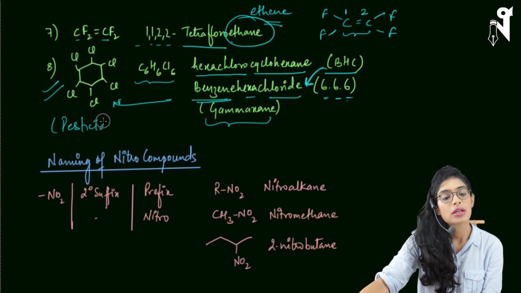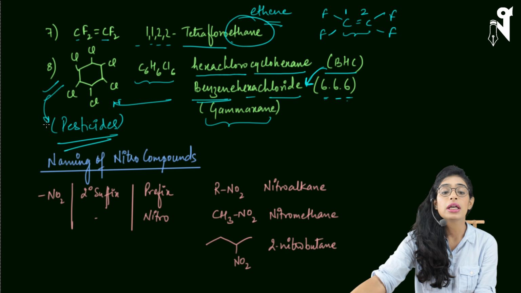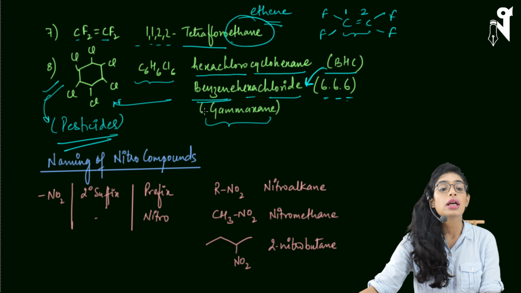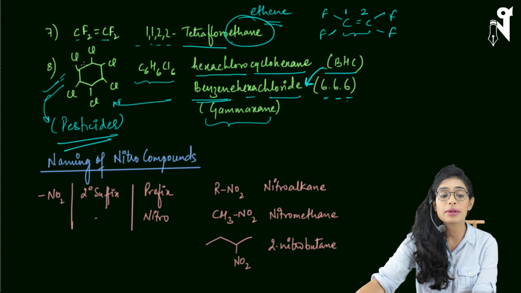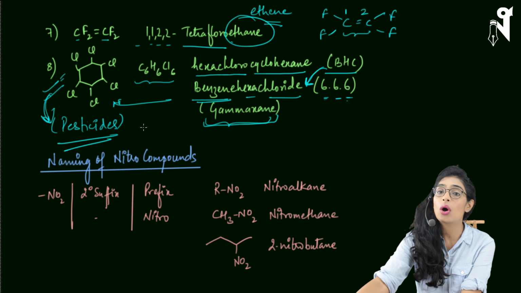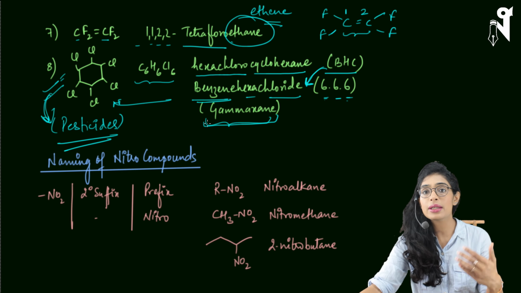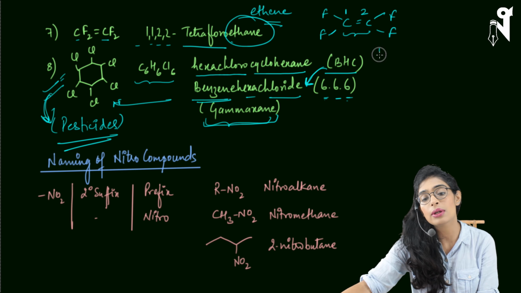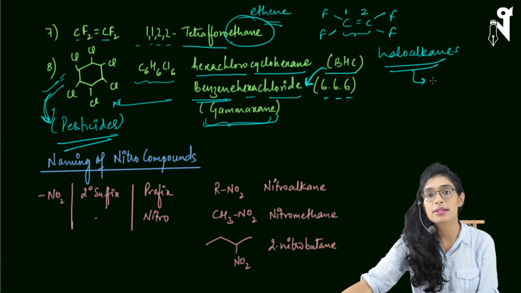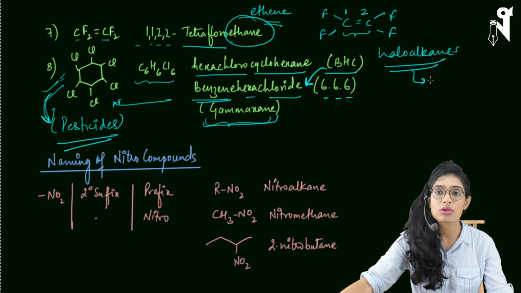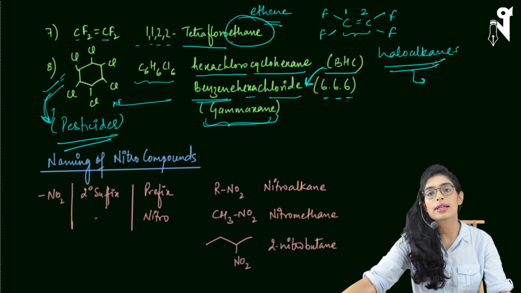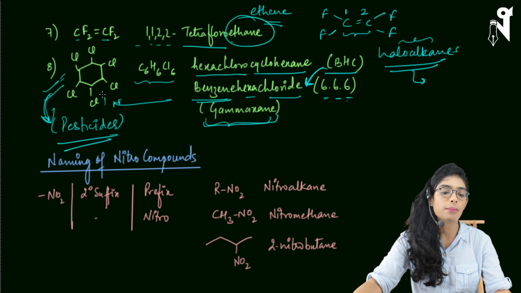So this is a kind of a pesticide, especially there are isomers. You must have learned in grade 10 that compounds have different isomers. So the gamma isomer of this compound is a pesticide, and that's why the name is gamma-hexane. And by the way, all the pesticides you see in the market are nothing else but haloalkanes. So haloalkanes are the major ones which help us in forming the insecticides and pesticides used in the agriculture industry and so on. So almost all of your insecticides and pesticides are nothing else but haloalkanes. This is a very important pesticide.